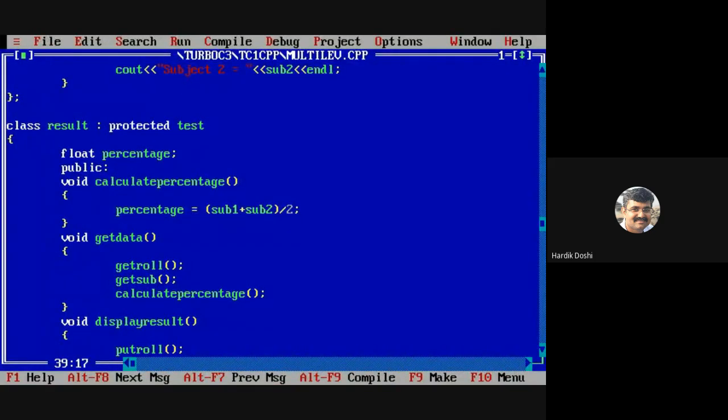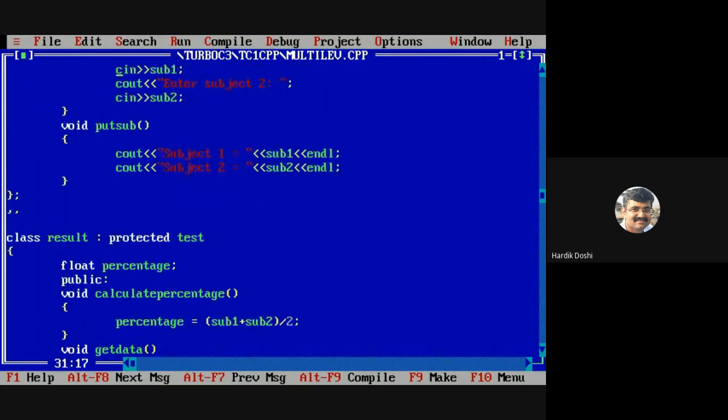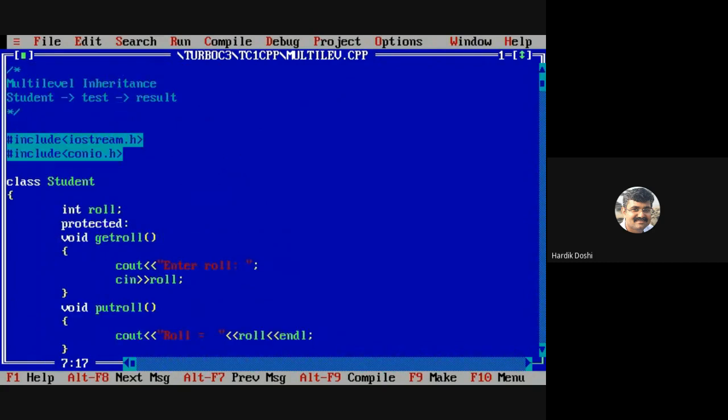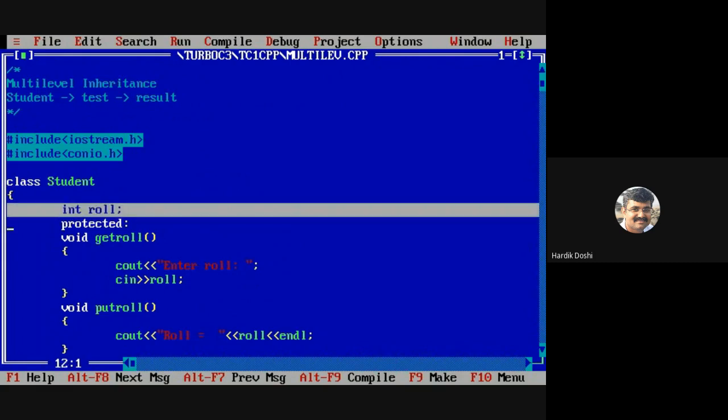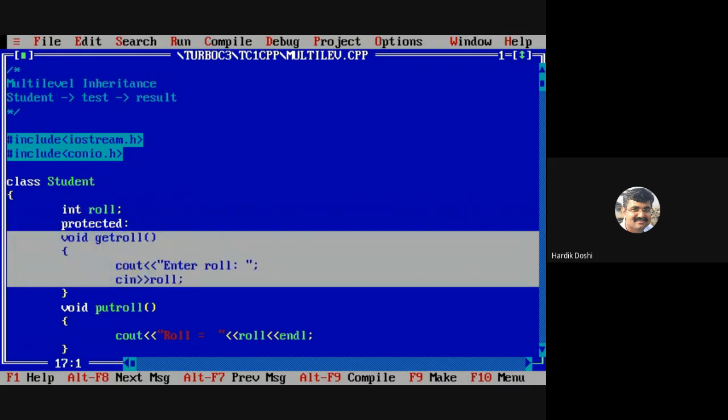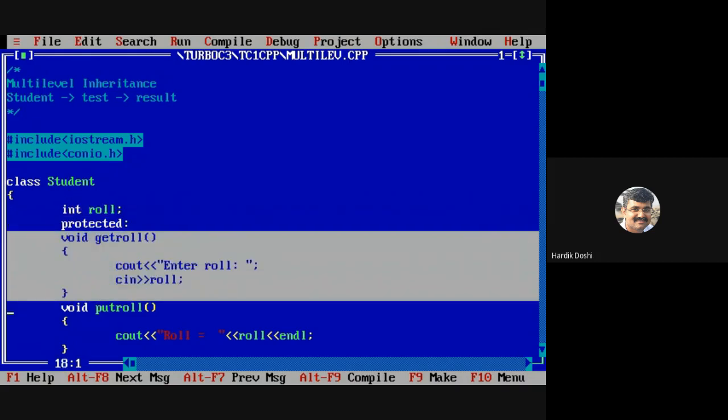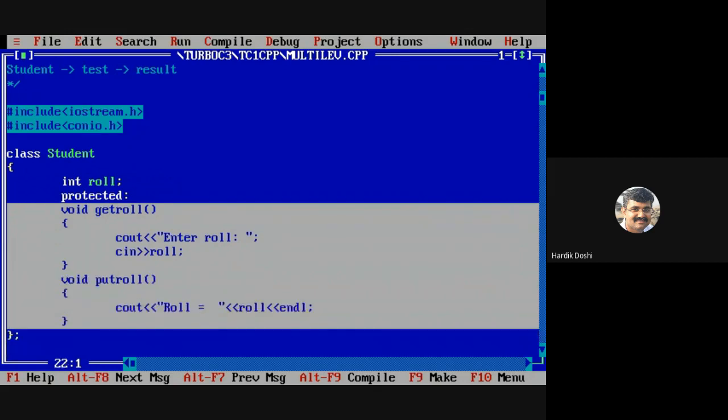Okay, so I hope my screen is visible to everyone now. This was the program with which we started. If you check out, we started with a student class, wherein one member was an integer roll number. That member we had kept to be a private member. As it is private, we need to get it from the user through some function. Similarly, we wrote one function named put roll. This is the function which puts the data. Okay, no problem with this.